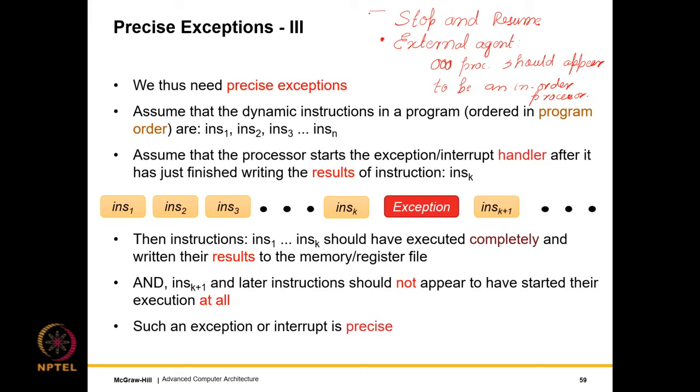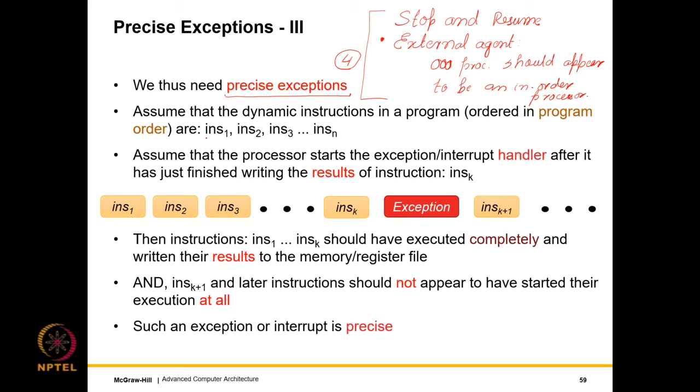How do we ensure both at the same time? Well, chapter 4. In chapter 4, we will discuss how to do it, not now. But at least for us, this is a goal. So this chapter is all about goal setting. This chapter is all about telling us what it is that we expect from the out of order processor. And a crucial aspect of this goal setting is this particular requirement. So this automatically takes us to the notion of precise exceptions, which means the following.